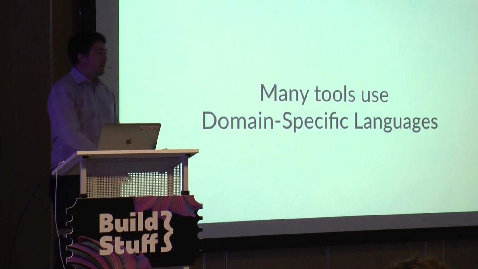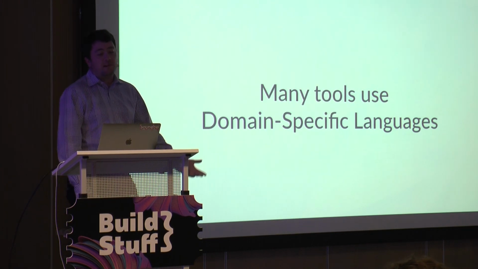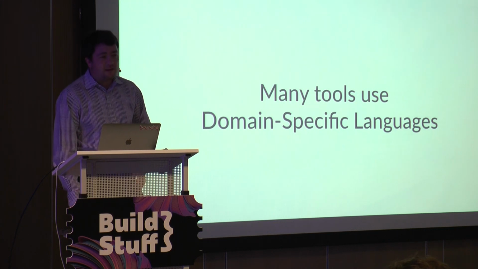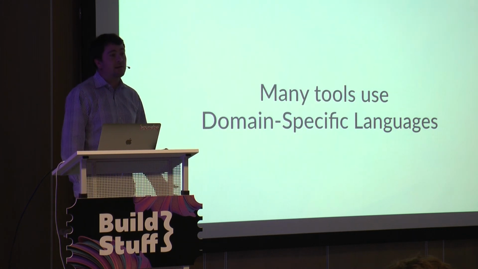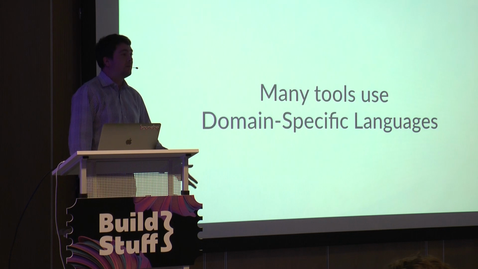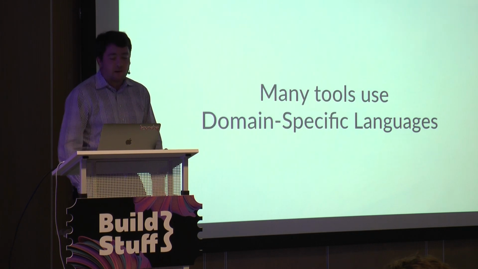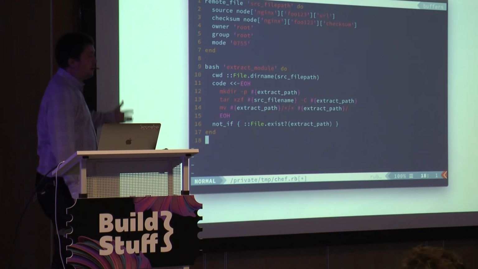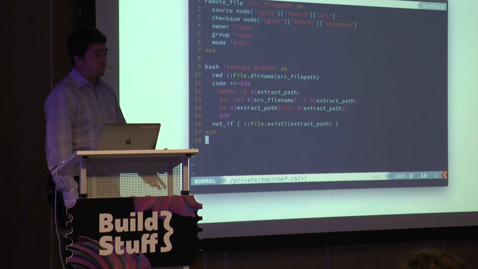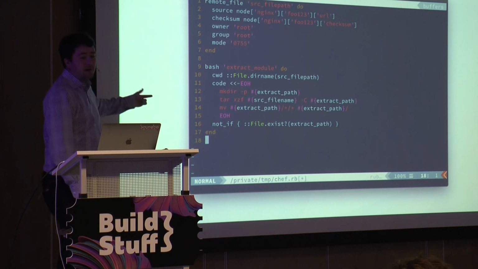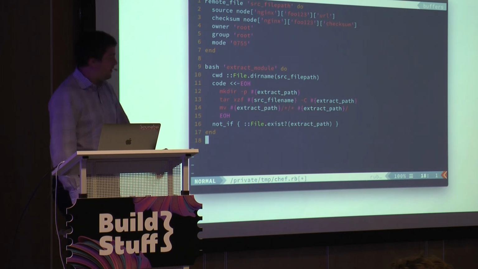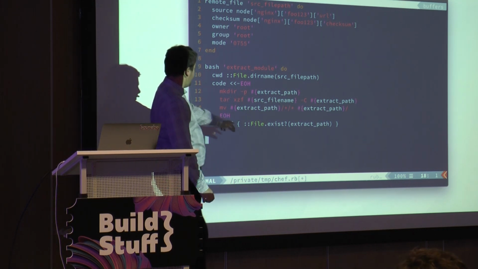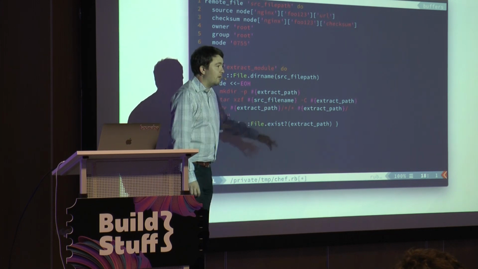Most of the tools that we just mentioned use some form of domain-specific language, either built on top of a programming language directly, or its own language that's been written from scratch. So here's some examples. This one is some Chef code. It's clearly a domain-specific language kind of arrangement, but it's also written using Ruby, so you can see some of the standard programming constructs like standard library functions can be used here.